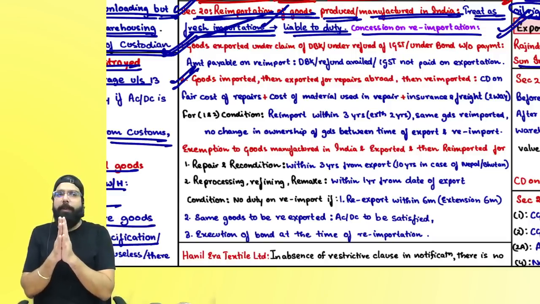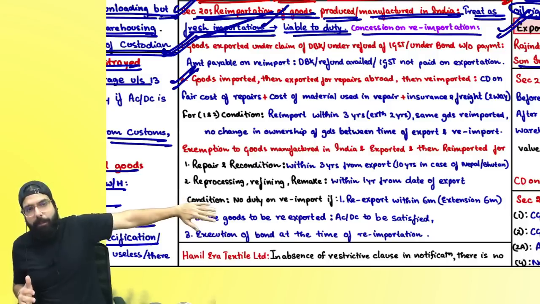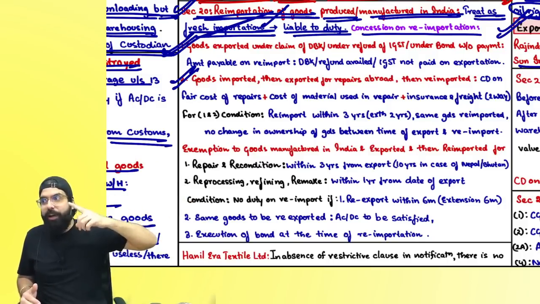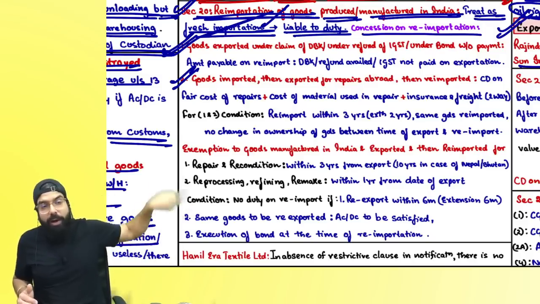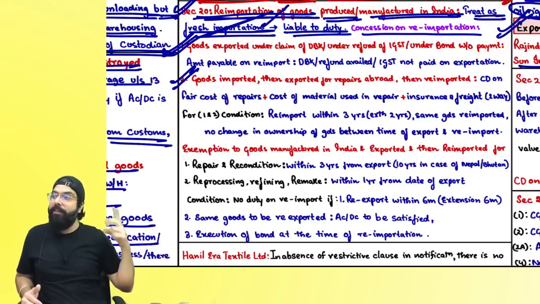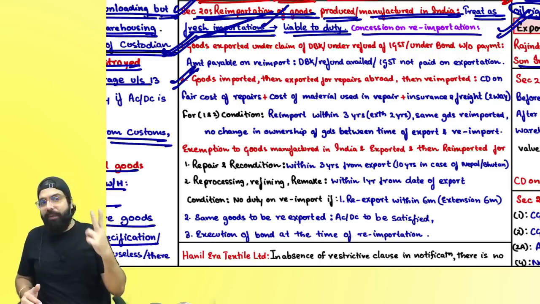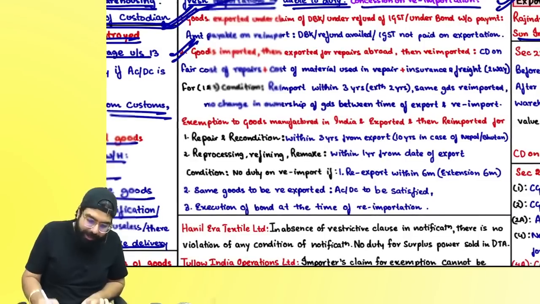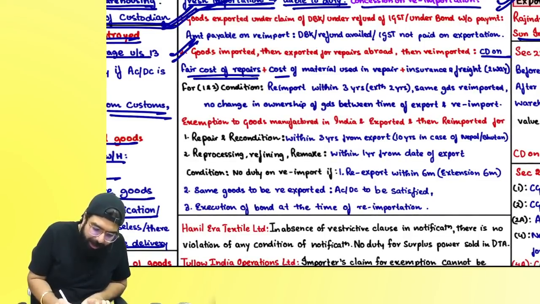What is the amount on which you have to pay the duty? You send some machine for repair, it is coming back. First you had imported the machine and paid the custom duty. Now you are sending it for repair, and on the going and coming freight and insurance plus the fair cost of material and labor, whatever the total amount is, you are liable to pay the duty. Custom duty on the fair cost of repair, cost of material used, insurance and freight two-way.